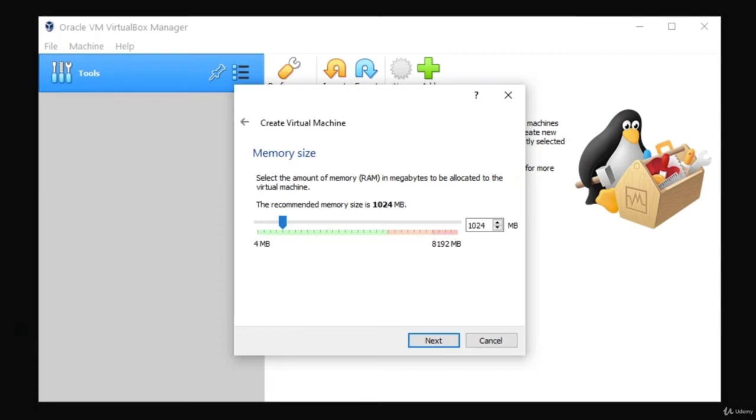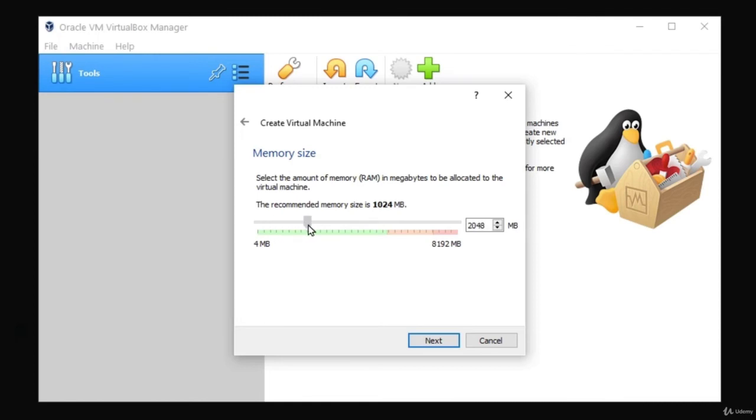The next thing that it asks us is what RAM memory we want to give to this virtual machine. This is completely up to you. I'm just here to advise you that you should not go below 1 GB of RAM, and 2 GB of RAM is pretty much all you need. You don't need more than this. If you have like 4 GB of RAM or less, feel free to proceed by setting only 1 GB,